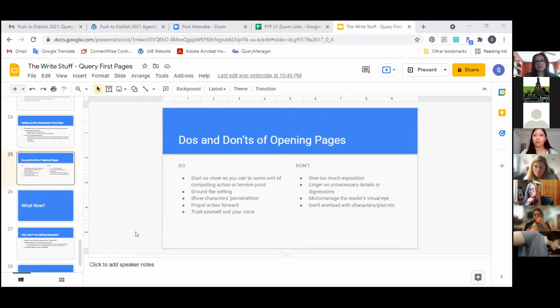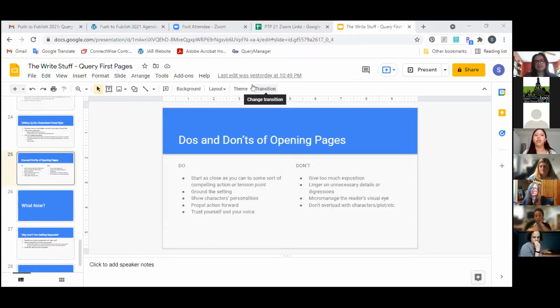And here in this club meeting, where we announce this big service project that's going to drive the rest of the plot, that's more exciting. That shows the stakes of the plot. Maybe she needs to do this project to get a passing grade in this course so she can graduate high school, or she's trying to impress this girl she has a crush on. Again, that's a compelling action or tension point.